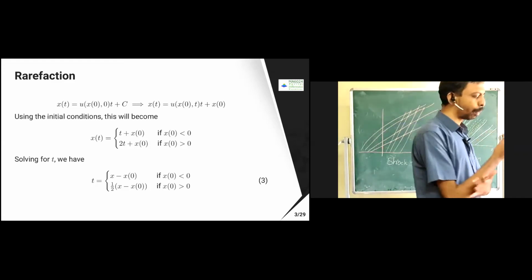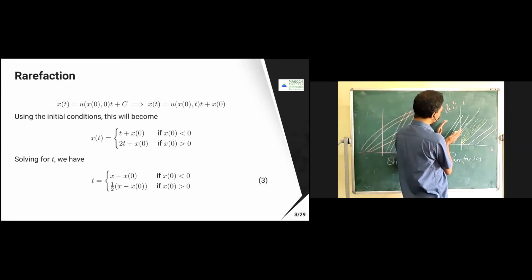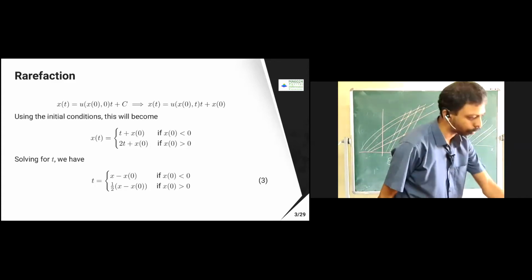So now what is going to happen here? See, there are two sets of characteristic lines. One is on this side, one is on the other side. In between there is no characteristic which is passing through that. That means we don't have any lines here, and this line is going much slower. So we'll see what it is doing, the remarks.